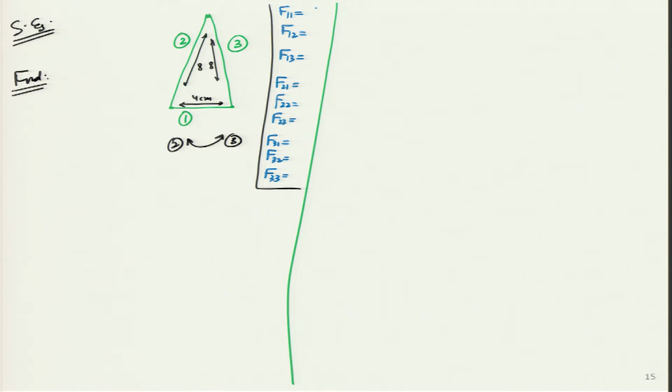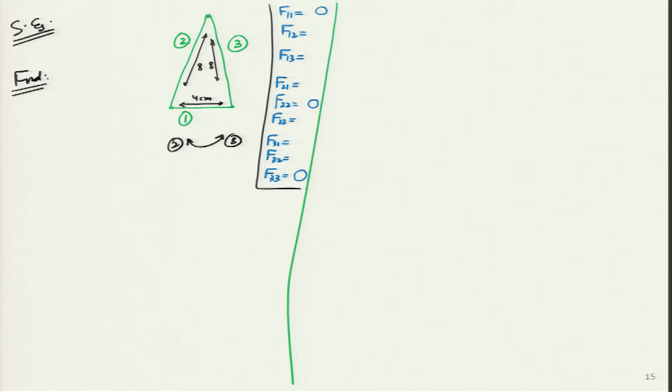I will ask the student: because these are flat surfaces, the f11 value directly becomes 0, f22 also becomes 0, and f33 also becomes 0. So, these 3 I will write immediately. Now, I have to find only these 6 values, and I am going to use the summation rule, reciprocity, superposition, all those possibilities.